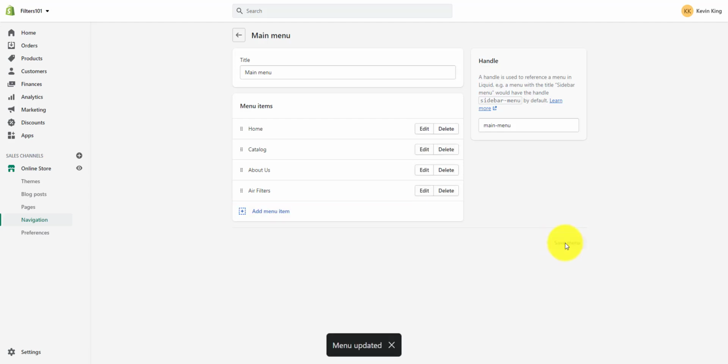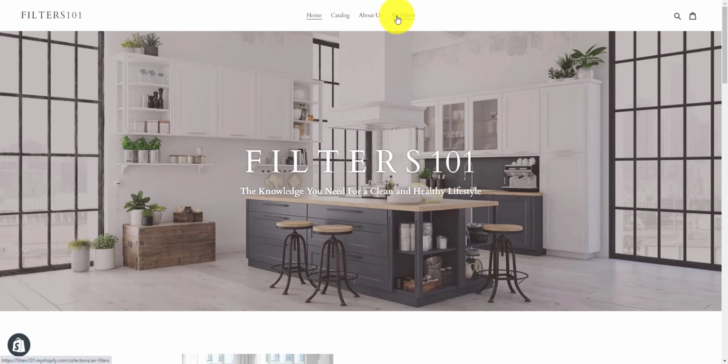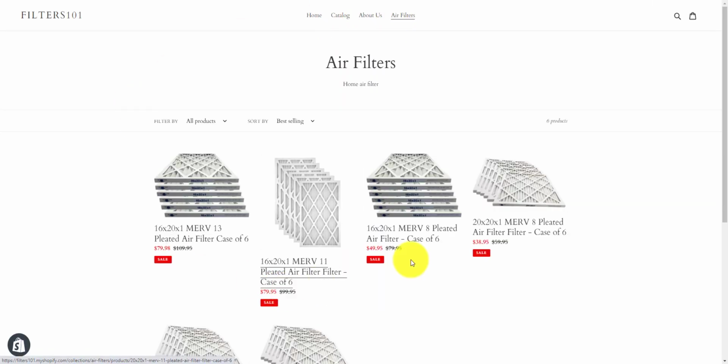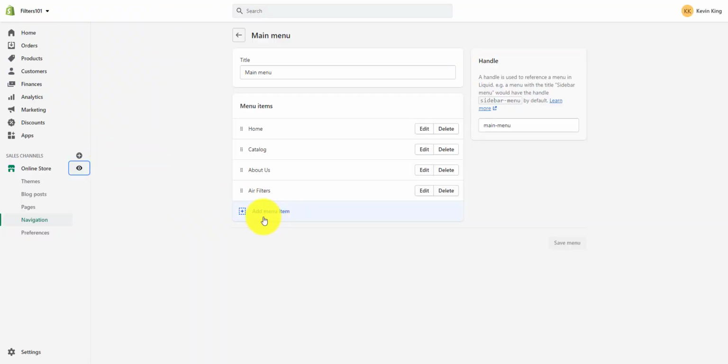So if we save that menu right now, we've got a new link, but now we want to make a drop-down. When you want to make a drop-down, you add a menu item and move it under that main menu. Let me show you how it displays right now. Right now you're just going to click on it and it's going to go to that entire collection. So when we change it to a drop-down,